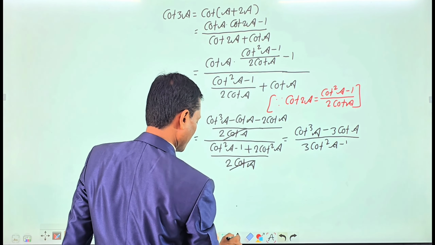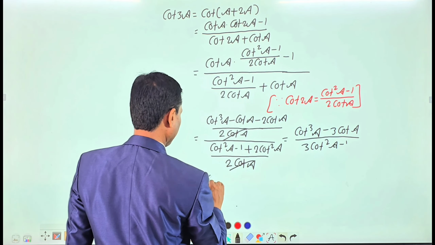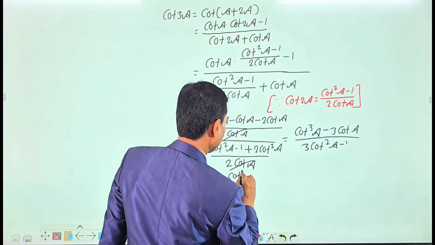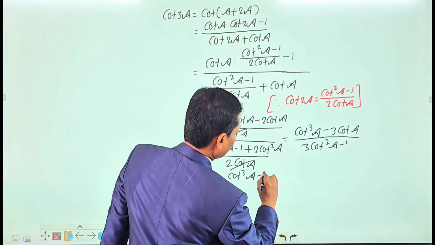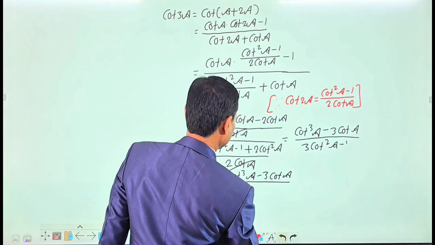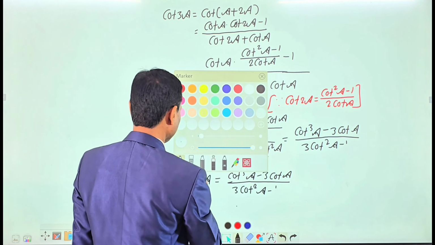Have a look here, that's formula of here cot 3a. So cot 3a equals to cot cube a minus 3 cot a over 3 cot square a minus 1. That's formula of cot 3a,